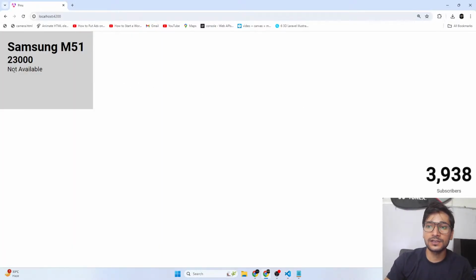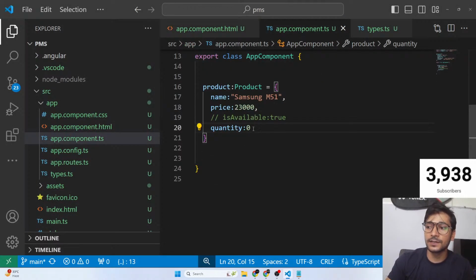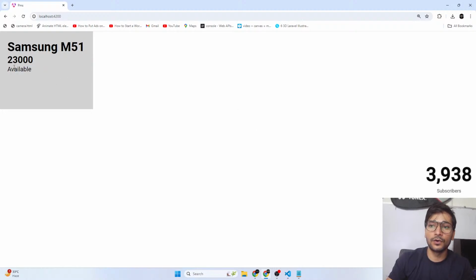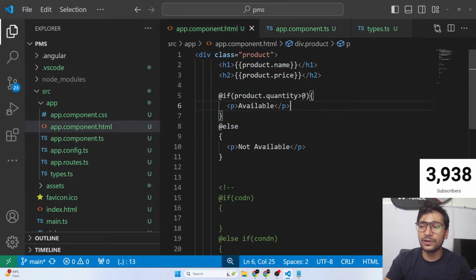So now it will show us not available because it is 0. If I make it 10, then you can see, here we go, it's now available. So in case of Boolean, you don't have to mention equal to true because by default if checks for true. But if it is anything else that you want to compare, then definitely you have to go for some kind